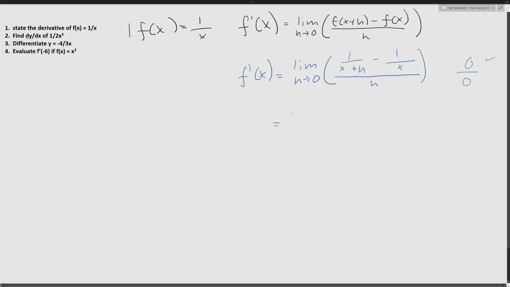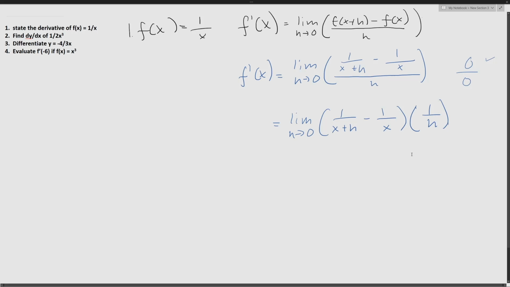So now let's try to rearrange this in order to get rid of the h at the bottom. What we can try and do is, for example, multiply everything by 1 over h. Instead of having a division sign, we would have a multiplication sign. So we would have the limit as h approaches 0 of 1 over x plus h minus 1 over x, times 1 over h. Now, this doesn't purely help us,